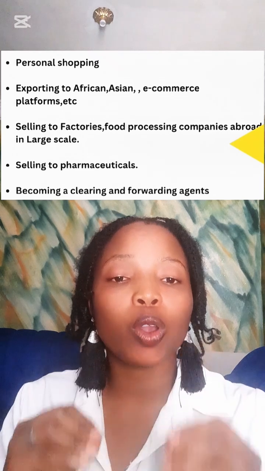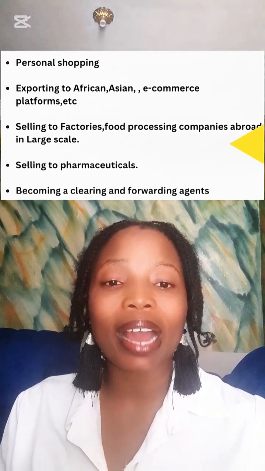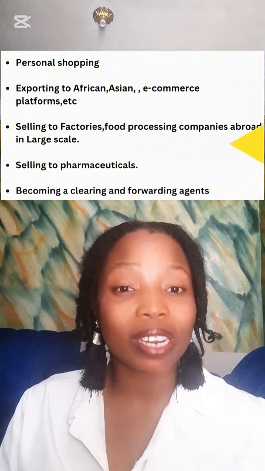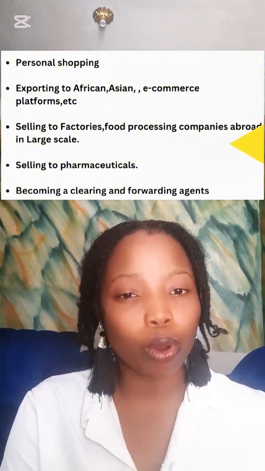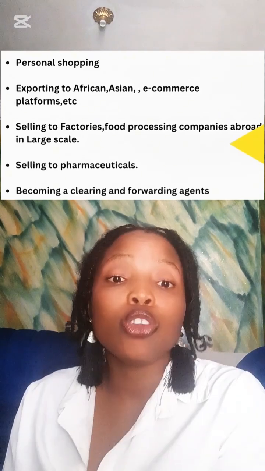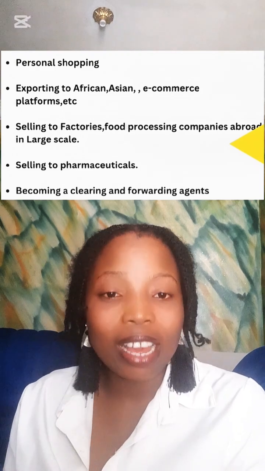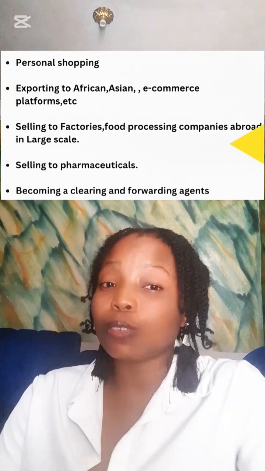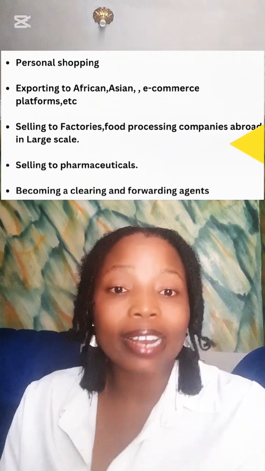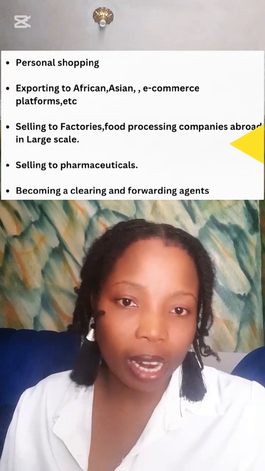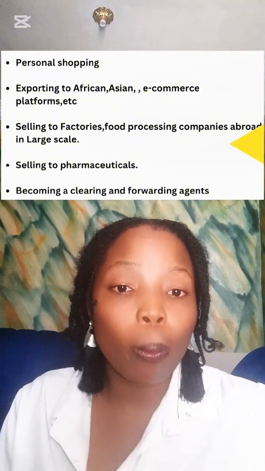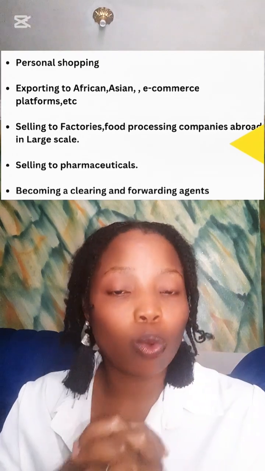What are the ways you can earn from exportation? Number one, you can become a personal shopper. A personal shopper is an individual that exports to individuals in the diaspora, that is people living abroad, or Nigerians living abroad. You only source out products for individuals and you export to them. You can decide to collect their lists collectively, buy for them, and export to them individually. You can decide to have your days of exporting and days of collecting lists from them. So once you collect your list from them collectively, you source out their products, you buy, you send to them. That is the work of a personal shopper.